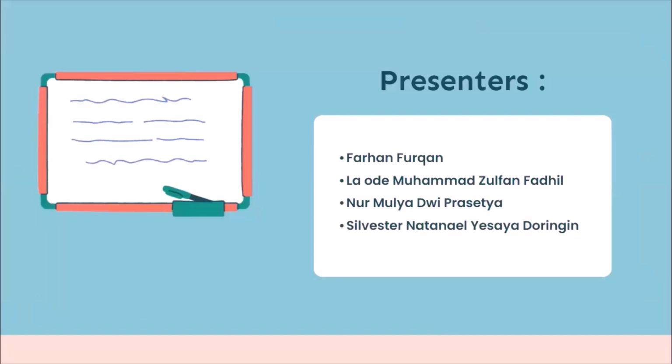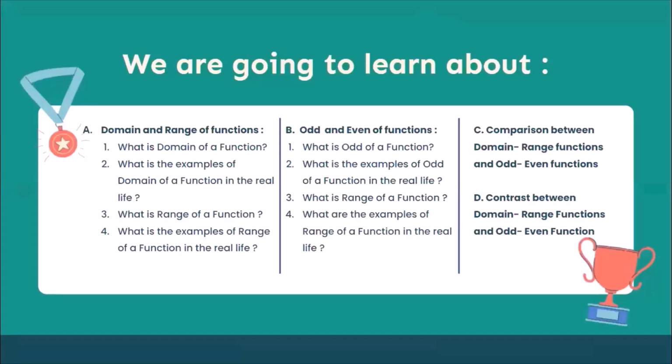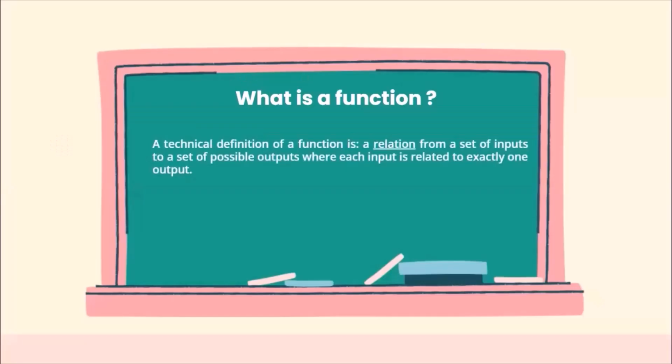Today's agenda is to know more about the domain and range of a function, and odd and even functions, the contrast between them, and also the definition and an example of each function in real life. So, the definition of a function is a relation from a set of inputs to a set of possible outputs,